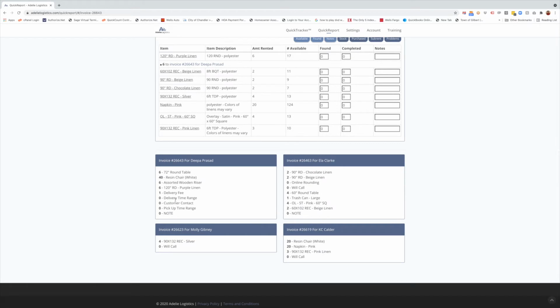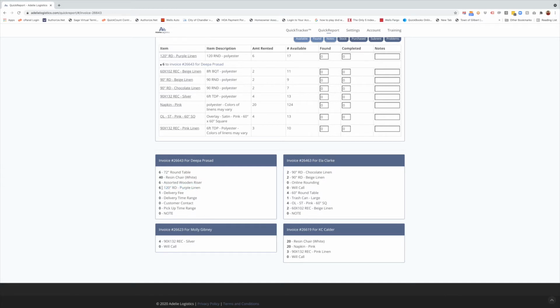Now this is important because let's say, for example, you're working on these 120-inch round purple linens and something happened with them. You rented them, you thought you had them available, but they also got rented the week before maybe, and they came back and now they're stained and they're going to take longer to process, or perhaps, this happens all the time, candle wax dripped on them, hot candle wax burnt a hole in one or two of them and now they're not usable, and you're at the week of this event and there's no way that you can order some in time or do what you need to get those ready for this